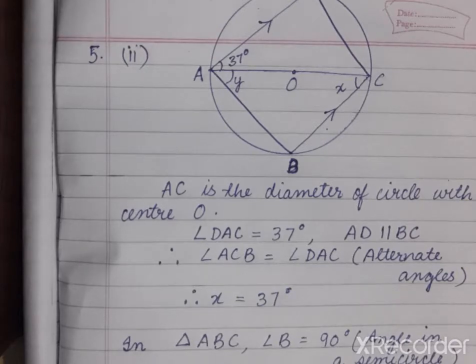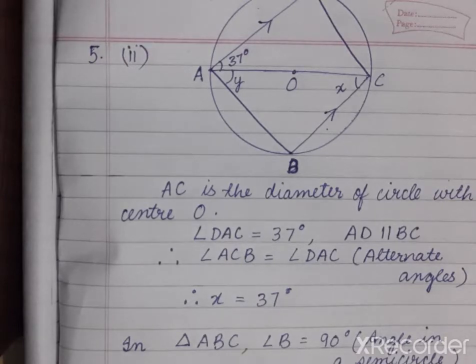Question number 1, 2, 3 and 4 is construction, and it is simple. Radius is given, and from that you will make a circle, and in some questions chord length is also given. So on that also you can see the length, and from one point of the circumference to the other point, you can cut a point and then you can meet both points. That will be the chord, but it should not go through the center.